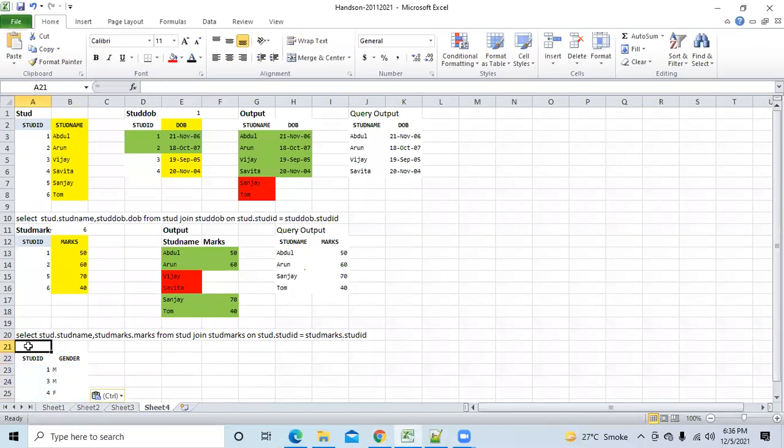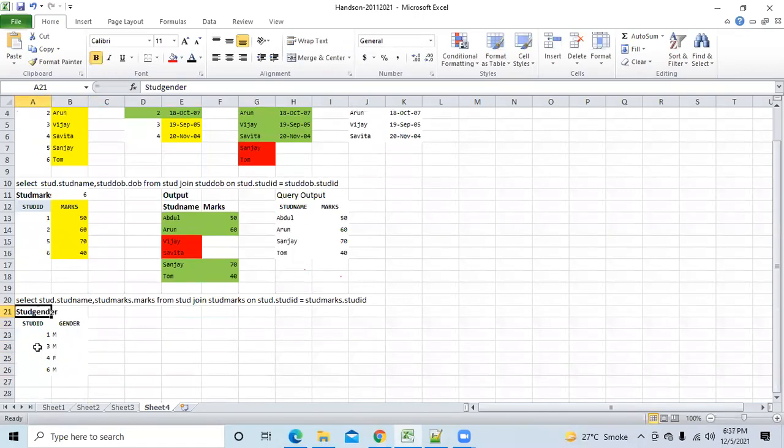Okay, we have student gender. So guys, this is a new table which I have created, with the student ID and gender. Now the output